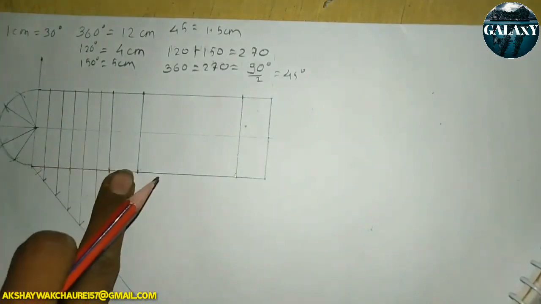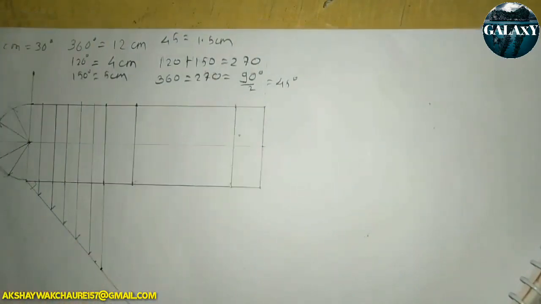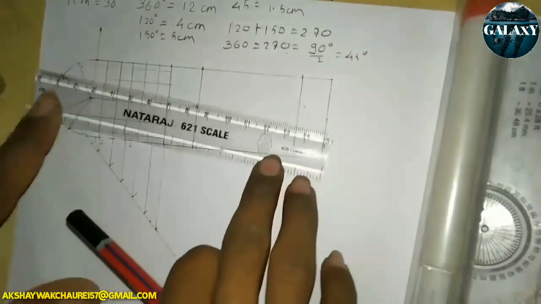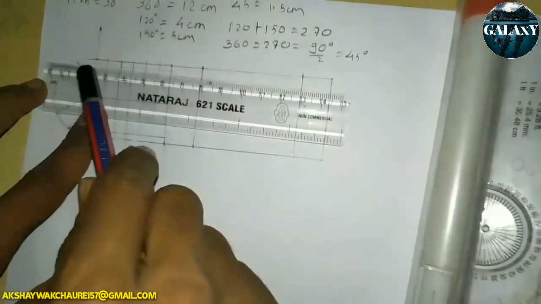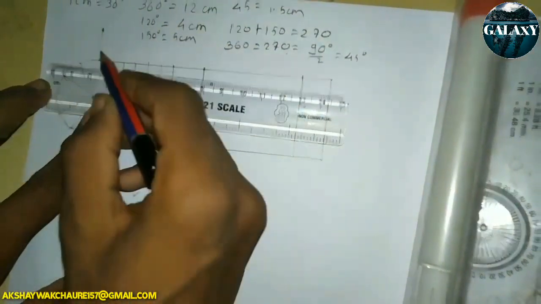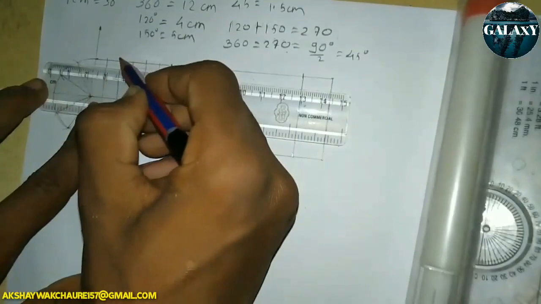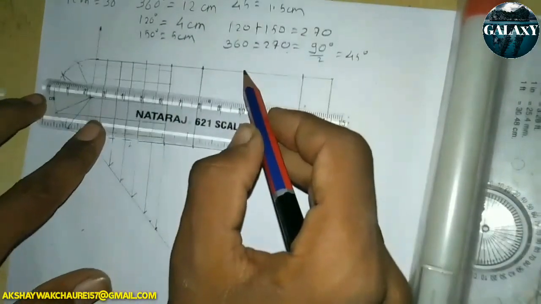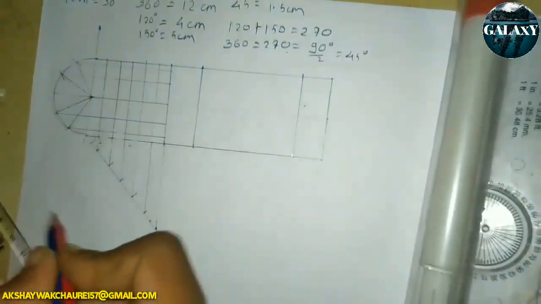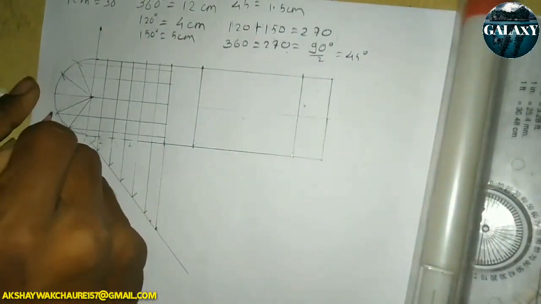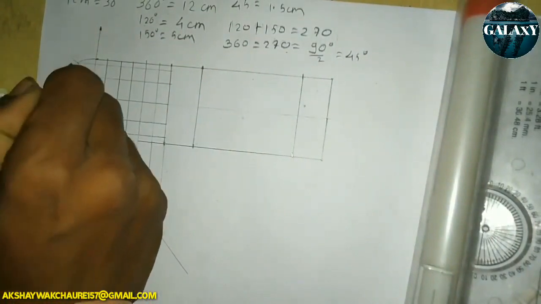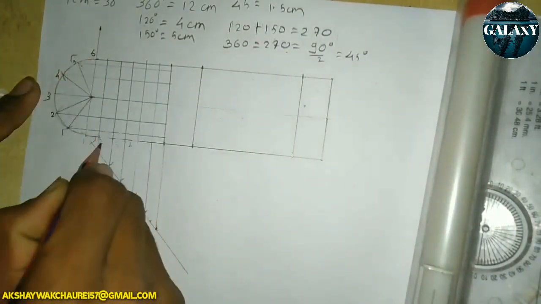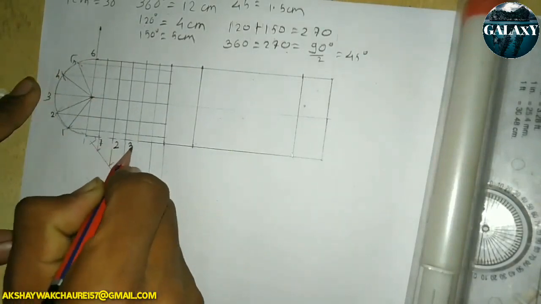So we have divided this into 6 equal parts. Then draw exact perpendicular to this line, and from these points draw perpendicular to this line, exactly perpendicular, and then point it 1, 2, 3, 4, 5, 6, 1, 2, 3,